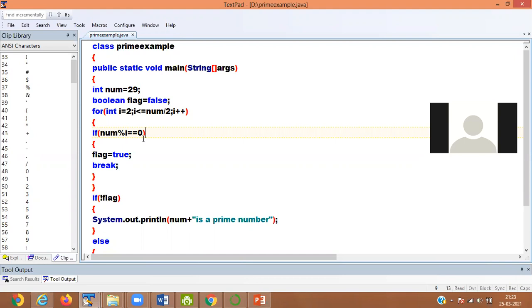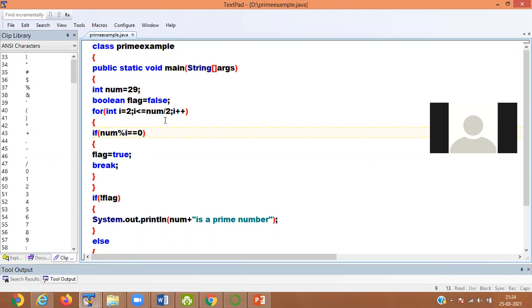If it is not 0, then the i value is incremented from 4 to 5. 5 is less than num by 2, yes, 5 is less than 14. Now 29 modulo 5 is equal to 0? No. Again it is incremented to 6. 6 is less than 14, yes. So 29 modulo 6, is the remainder 0? No. The i value is incremented to 7.